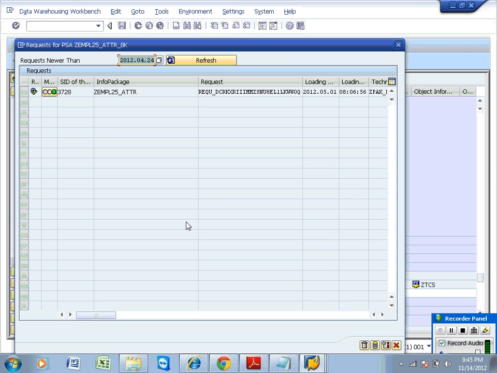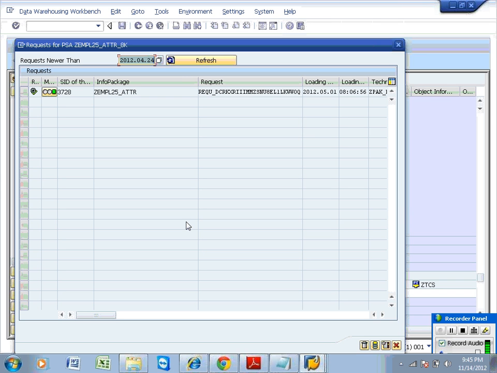The source contains data. Now we requested data using this ID, that's the reason the request ID has been generated. And because of this request, you can see one request in PSA.